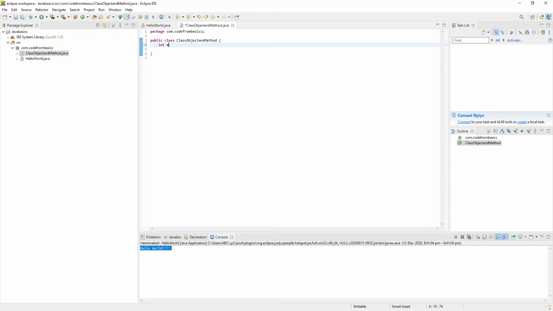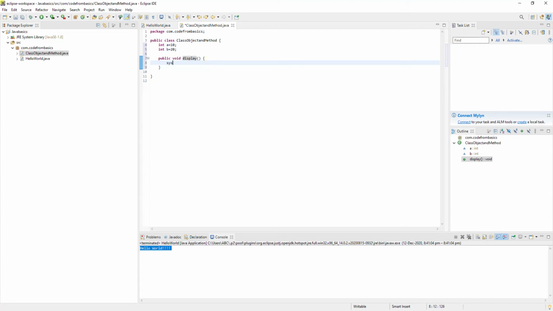Now let me just create one value, int a equal to 10. I'm typing, right? So it's an integer, and then int b equal to 20. Then I'm going to create public void display. So when I give something like this, it is going to be a method. Method will have access specifier, then void is a return type. It is not going to return anything. That's why I'm giving it as void. Display is something like the method name.